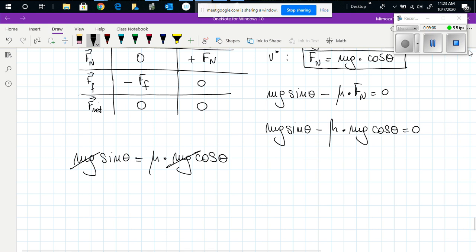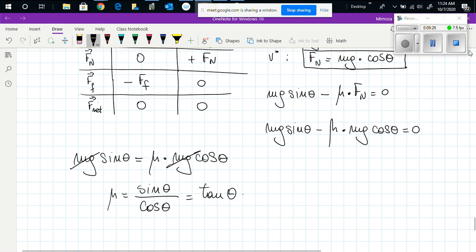So mass and acceleration due to gravity cancel because they are not 0, so we can simplify. And then from here we can find that mu is equal to sine theta over cosine theta, or equals to